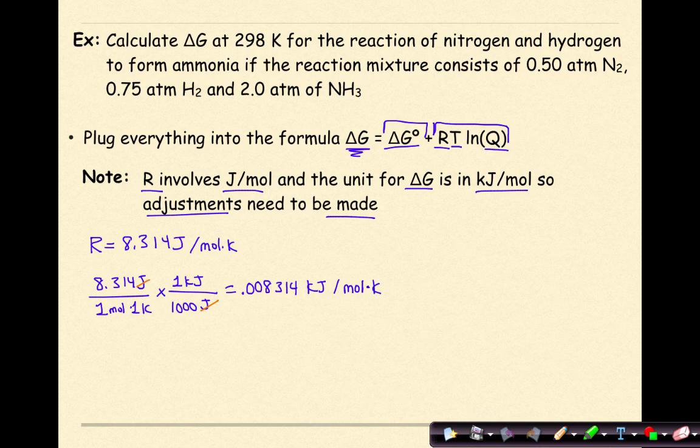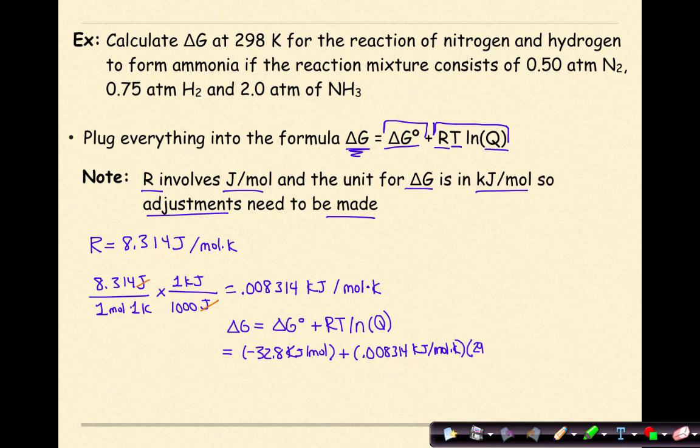Finally, after all of that work, we can solve for delta G. So delta G is equal to delta G under standard conditions plus RT ln of Q. Our delta G under standard conditions is negative 32.8 kilojoules per mole, plus the R that we just calculated, 0.008314 kilojoules per mole Kelvin. Our temperature is 298 K. And then finally, our ln of Q, and our Q was